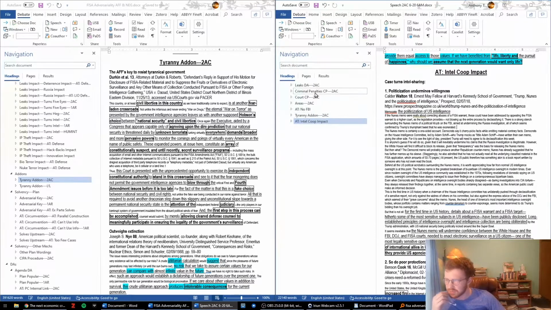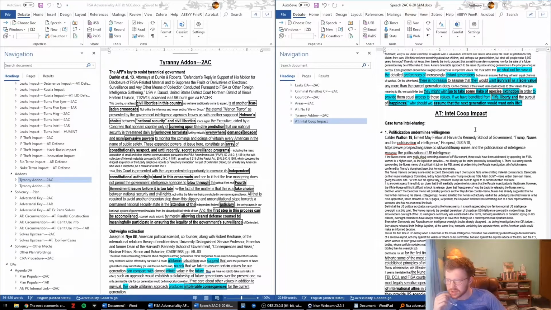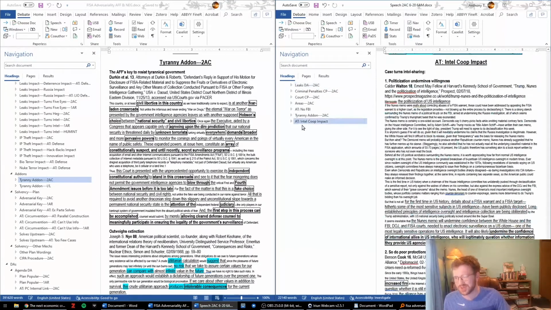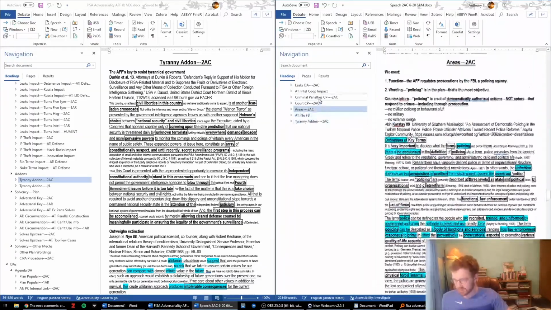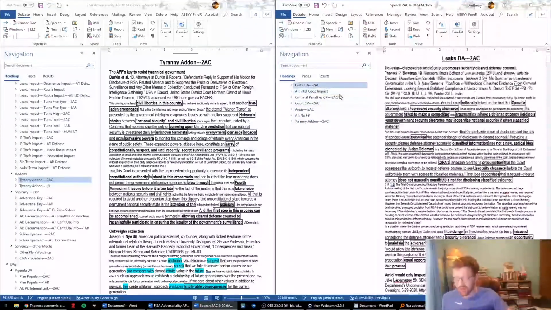a common mistake that people make, and I was a little bit sloppy here. But the thing to know about how it assembles the speech document is that it sends over stuff to wherever your cursor is. So if you have your cursor in the middle of the document, when you press the tilde key, it's going to send stuff to the middle of the document. So here I had my cursor in between the leaks disad 2AC and the impact answers, so it sent everything to the middle of those. But we can move that back, no harm, no foul. And then everything else, you can see, got sent over perfectly, and we didn't use copy-paste, and it was much